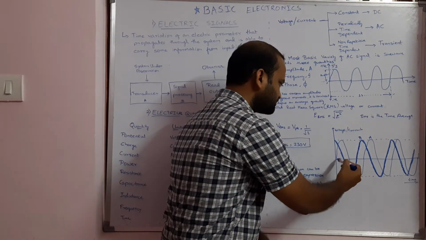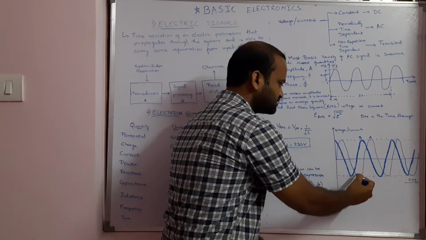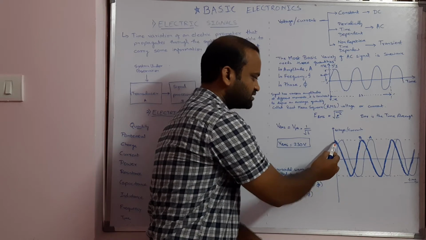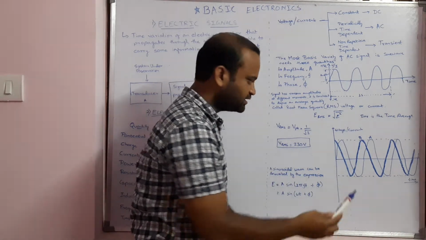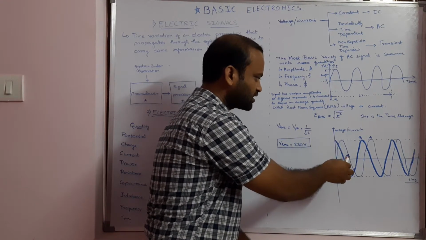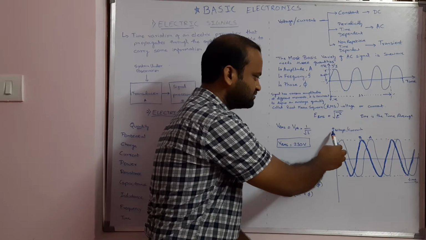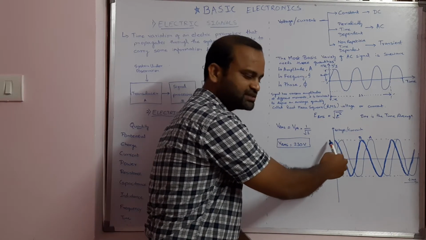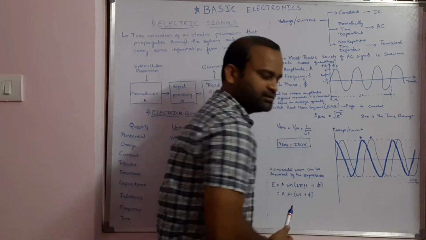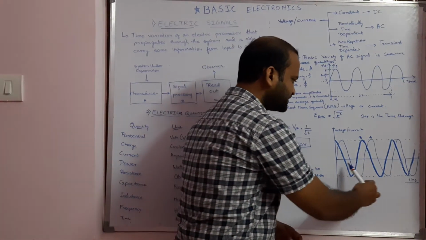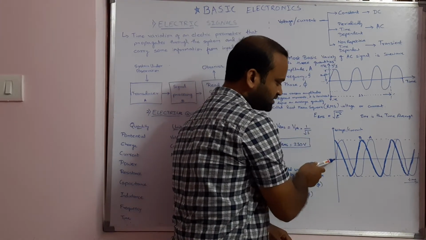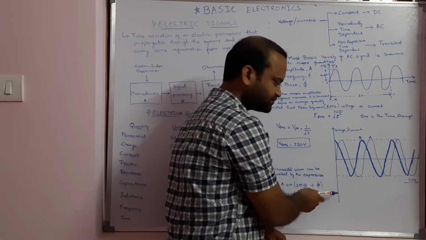In this figure, if you see, we have two signals. One signal is this one, drawn using a light line, and signal B, which is little darker. The two signals shown in this graph have the amplitude, which could be voltage or current. This is the vertical axis which specifies the amplitude, and this is the horizontal axis which describes the time axis. So this is the time period, the time is increasing, and this is the amplitude increasing, and this is the amplitude decreasing towards the negative side, right?